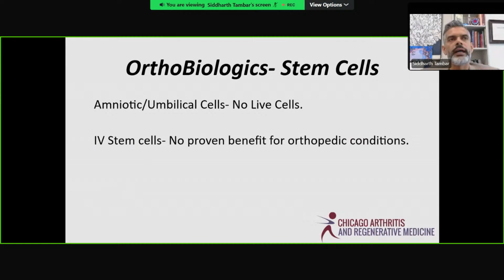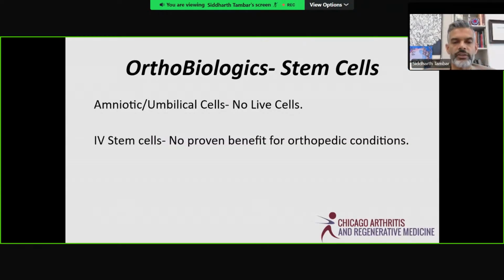You may hear about things like exosomes. That's another one. Exosomes are small packets of growth factors that come from stem cells. It's an interesting idea. Again, almost no evidence of its utility in human use currently. Maybe something to consider long-term, but currently not really ready for prime time.